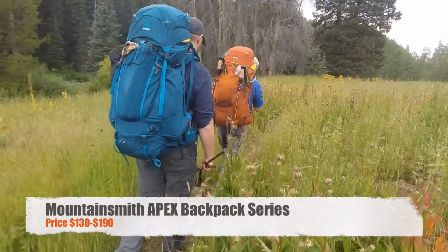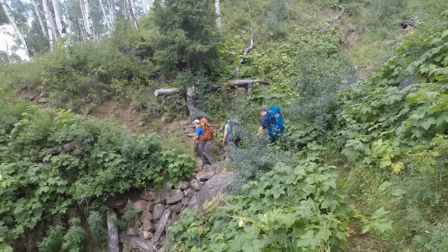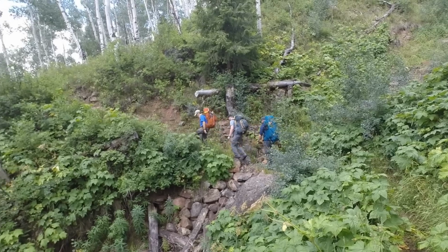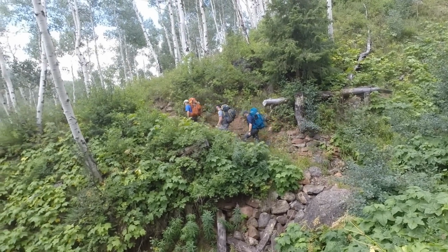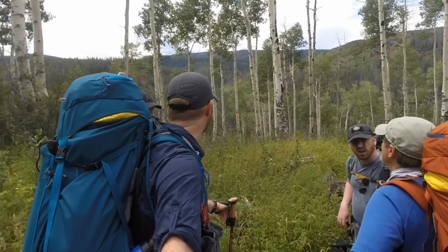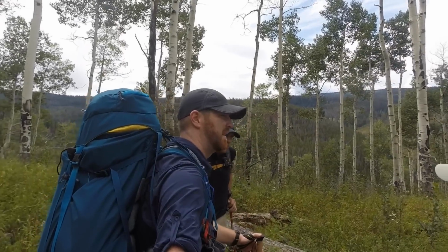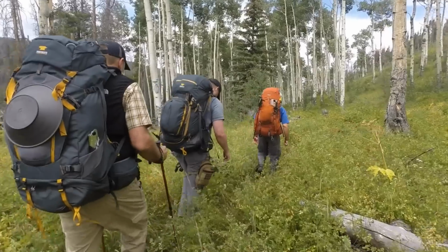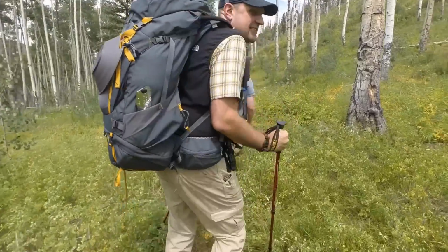I mean, these things, we've done backpacking, and we're talking about multi-day large backpacks. We've done a lot of that over the years. My dad has been doing it for like 30 years, 40 years. And so we've gone through a lot of packs, and we have the option to get our hands on almost anything that's out there. And out of all the different gear items that we've had a chance to review for multi-day backpacking, the Apex series is at the top of our list and just blew our minds in